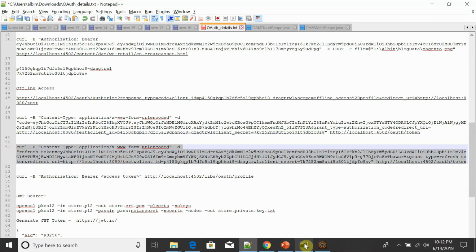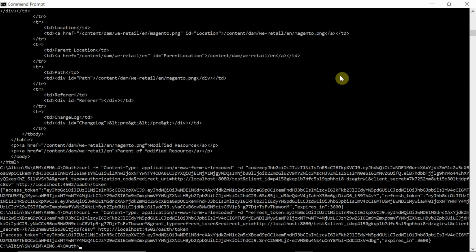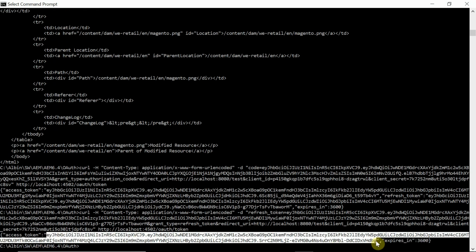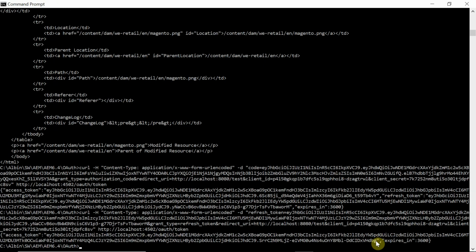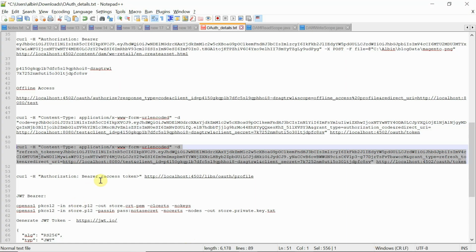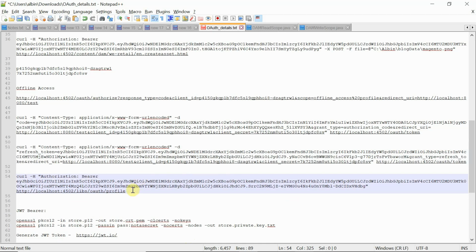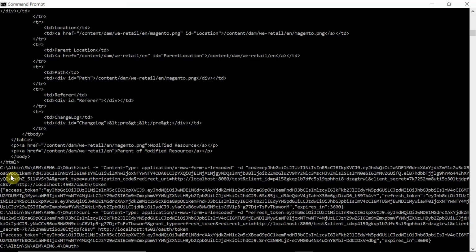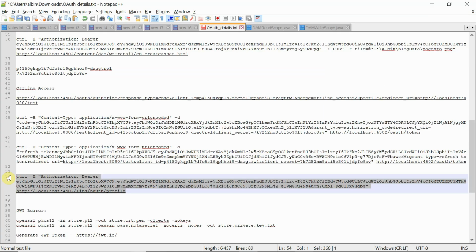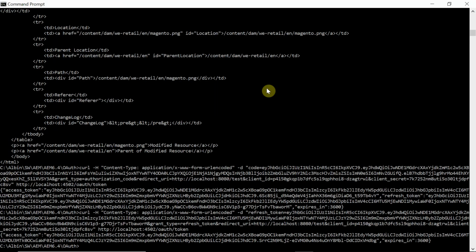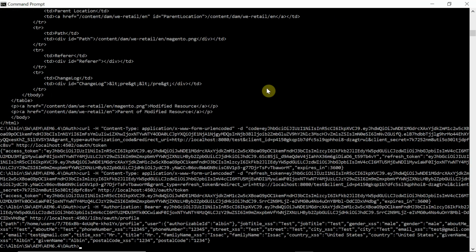Okay, now if I go here, one additional call, because with the refresh token I need to get the access token. Now I got the access token. However many times you want to get the access token, you can get it through this refresh token. Now through this access token I can access the profile data, because when I authorized, I authorized it for offline access and also for profile data. You can mix offline access with DAM read, offline access with DAM write, any scopes you can combine. So now let me go here. Yes, I am able to access.